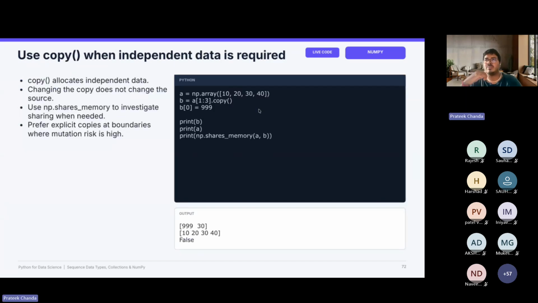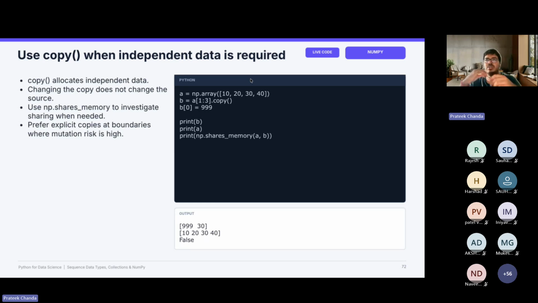To mitigate that, if I don't want to change the original, I can use something called copy. Copy creates an independent data buffer, and there I can modify things without sharing the memory across the original and the copy. np.shares_memory is a utility function that tells me whether the original matrix and the copy of that matrix share the same memory or not.